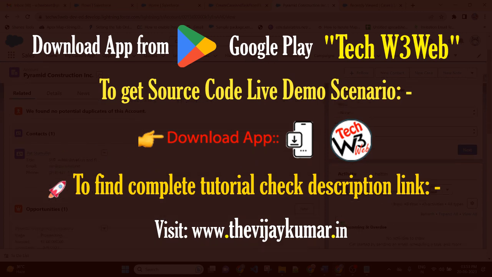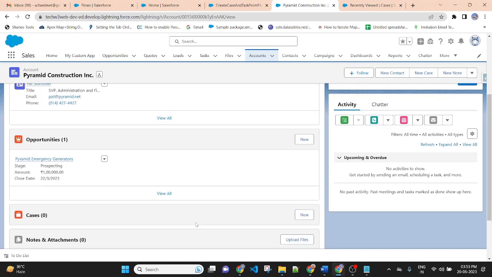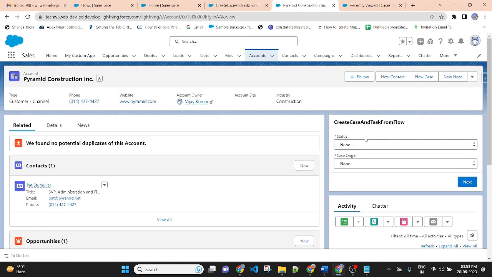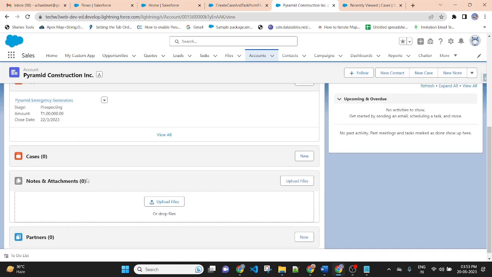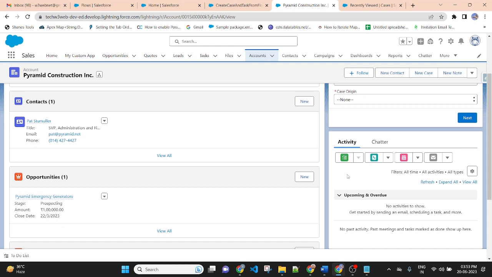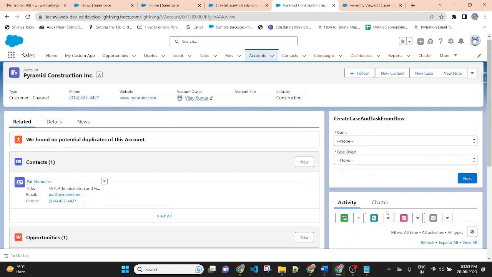As you can see, there is no task and no case in this account. Inside the activity there is no task here, and in this record there is no case here. So if you are creating a case and task from here using the flow, one activity and one case will be created automatically.